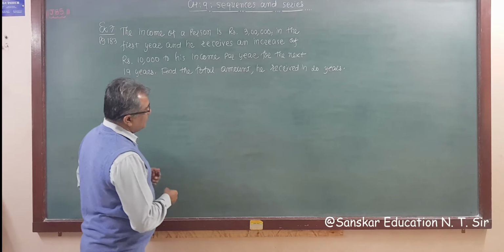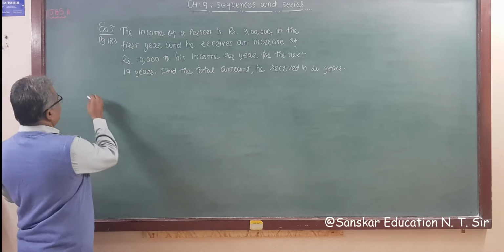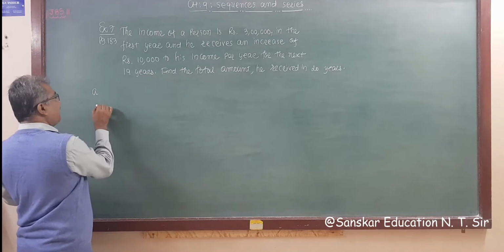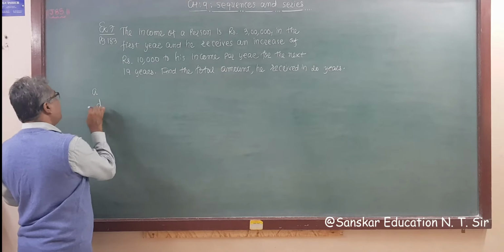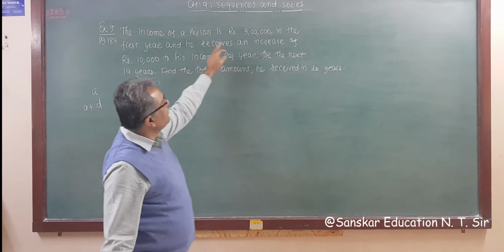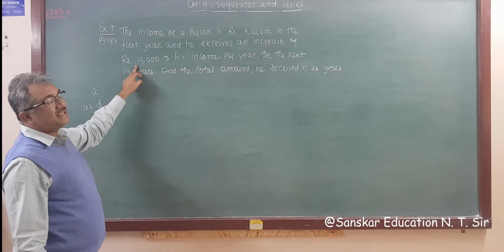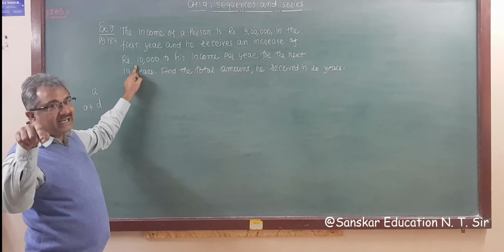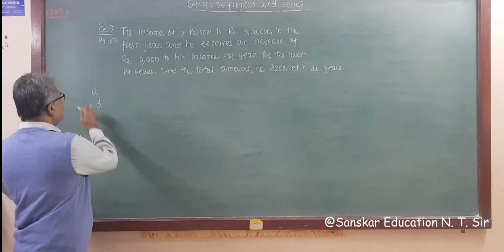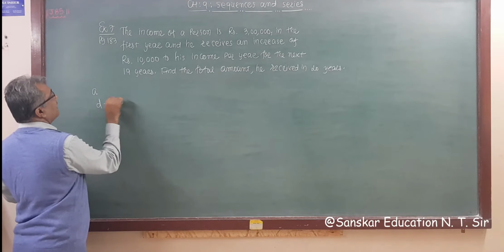Suppose we assume that the starting income, the first year, is A, and if we get an increase of D, then this becomes A plus D. He receives an increase of rupees 10,000. That is D. Increase means we are adding D. So D here is 10,000, and this is 3 lakh